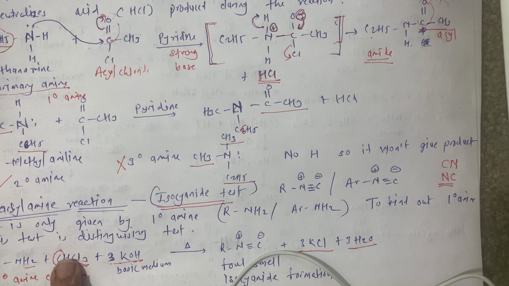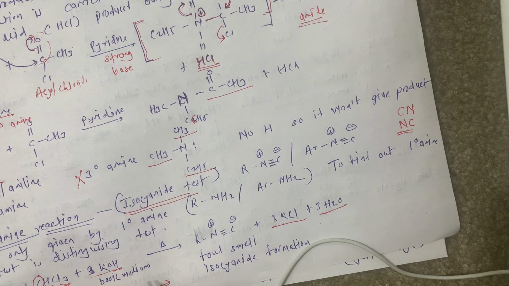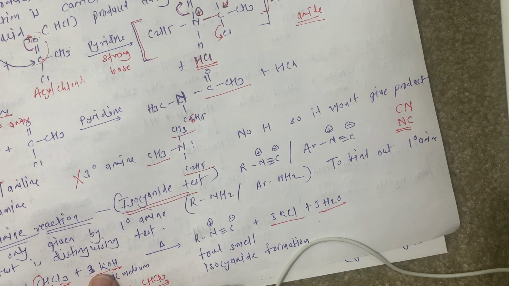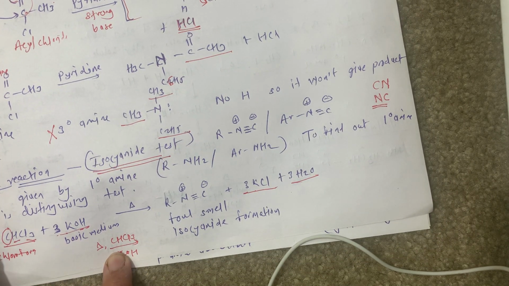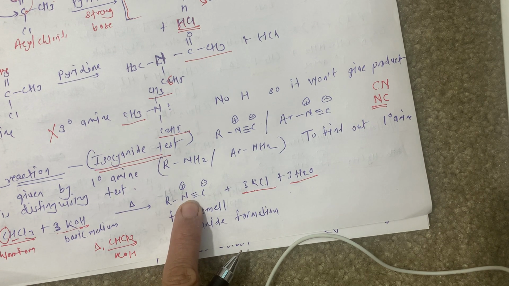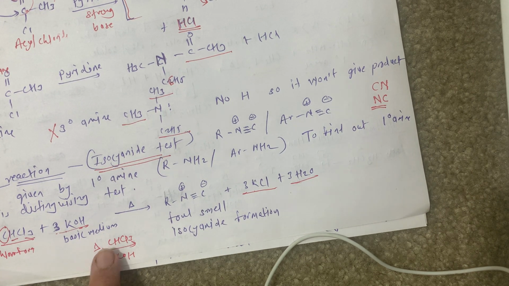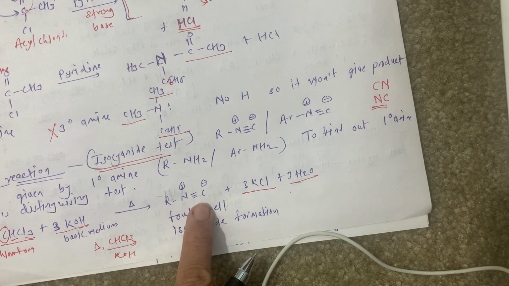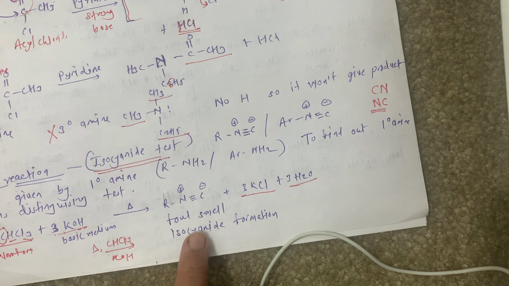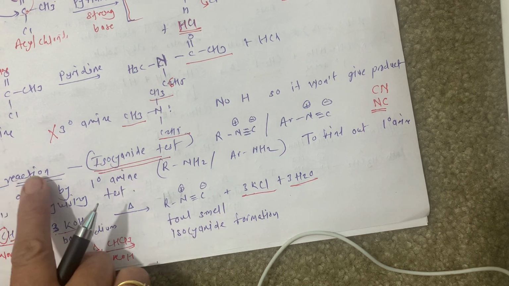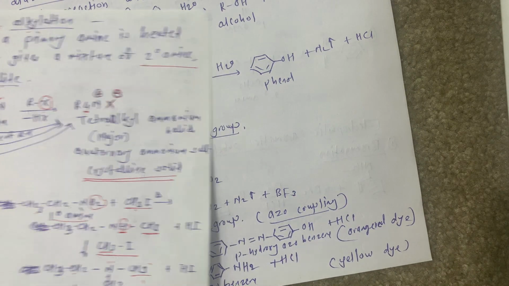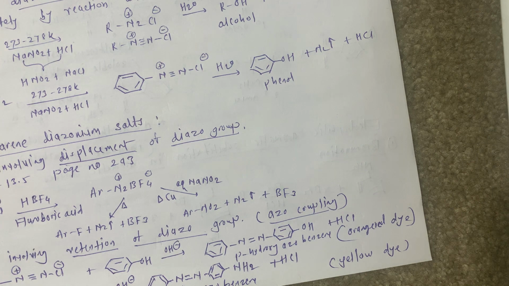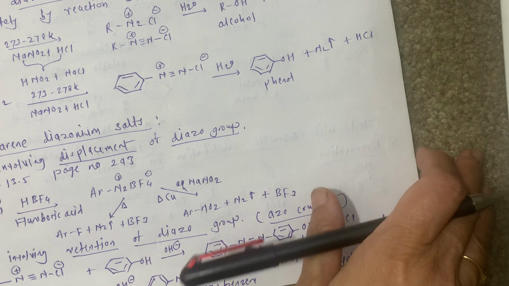You have to remember CHCl3. So suppose in the examination, only on the arrow it is written CHCl3, delta and KOH, then you have to understand this is the carbylamine reaction and there is formation of isocyanide. Only CHCl3, KOH and heat are given, so there is formation of isocyanide. This is the carbylamine reaction. Now the next reaction